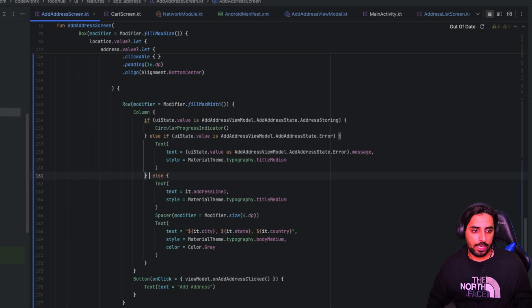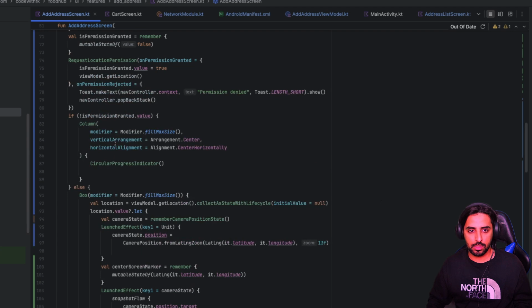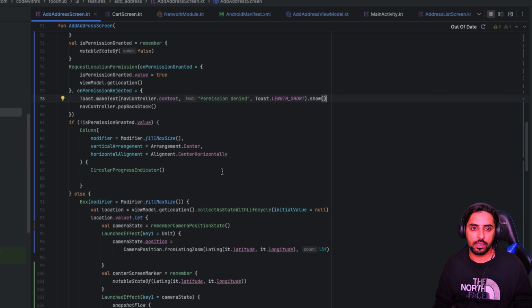And now in the add screen section, when we are navigating, popping back over here,